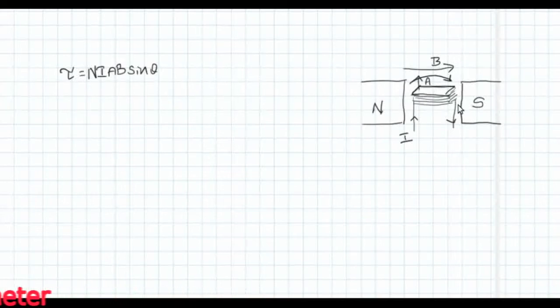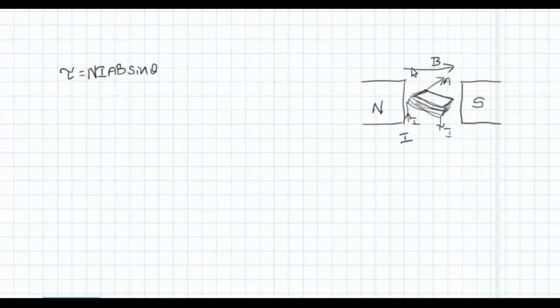this coil will rotate, and when this coil rotates, we can see that the direction of area vector will no longer be perpendicular to B, or the condition of A perpendicular to B will be breached once the coil rotates. So this is the direction of A, which is exactly perpendicular to B. So this is how the area vector is coming.